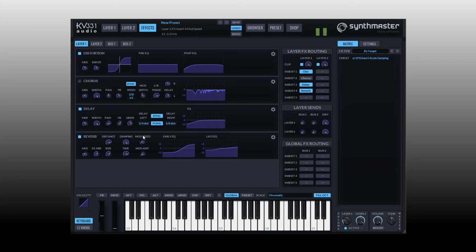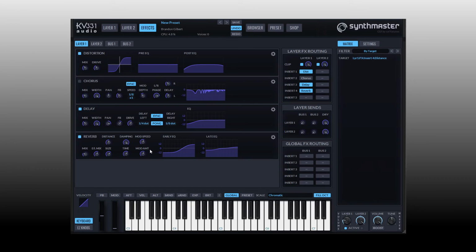We can modulate the process signal by taking up the mod amount and the speed. So a lot of cool parameters for tweaking and coming up with just the right reverb that you're looking for